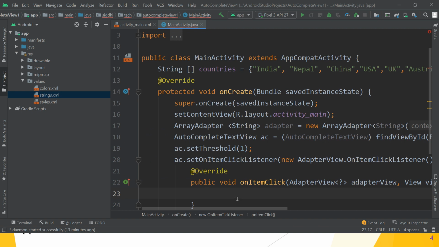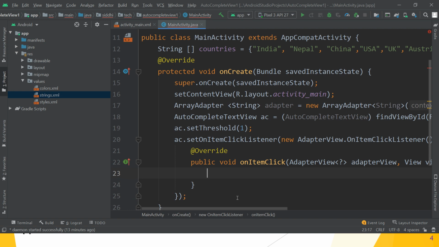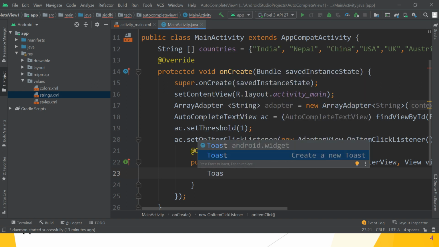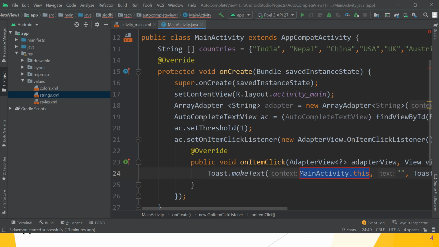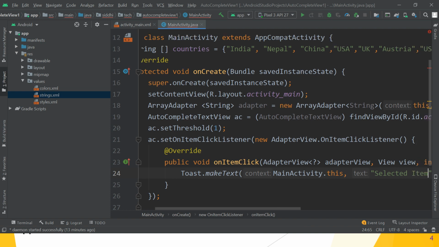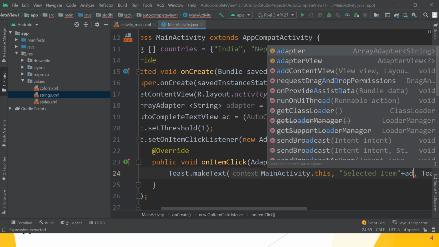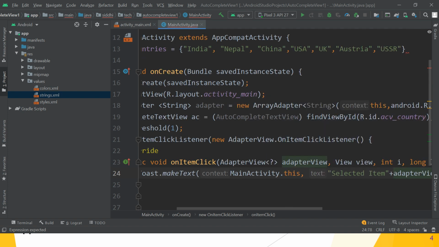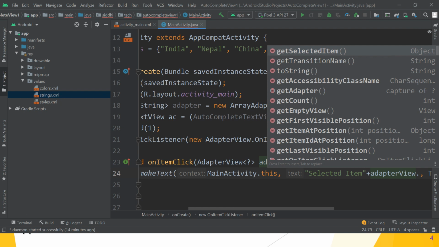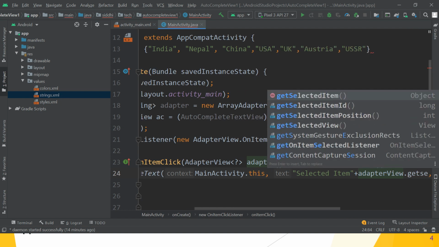When you select an item from the drop down list, the toast method is automatically invoked, and this toast gives the message text: Selected item, concatenating the string using adapterView.getSelectedItem.